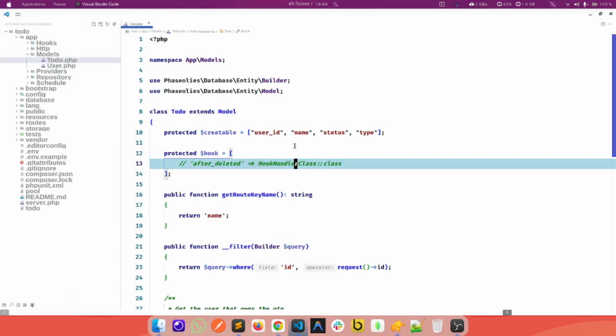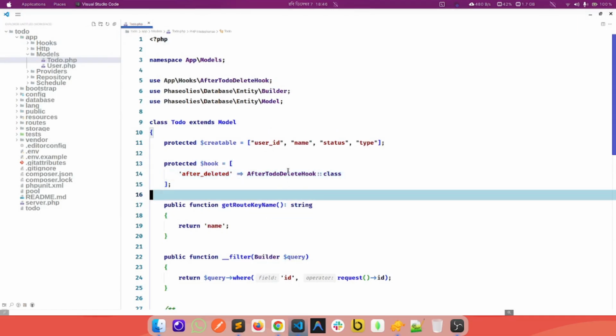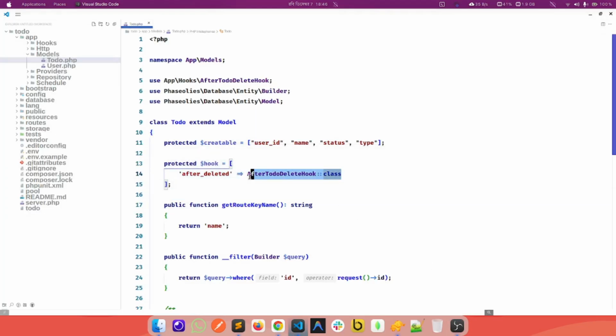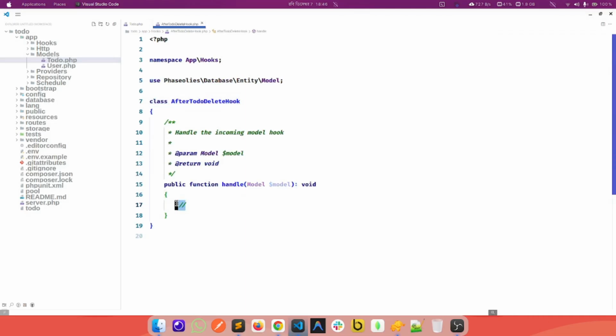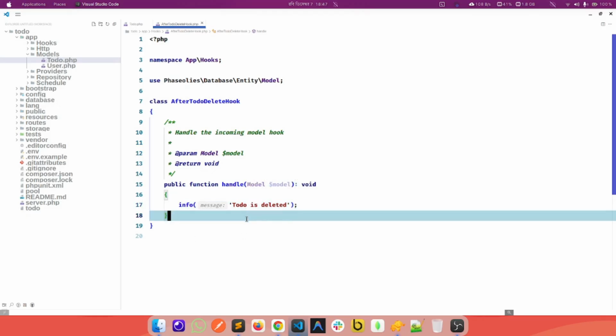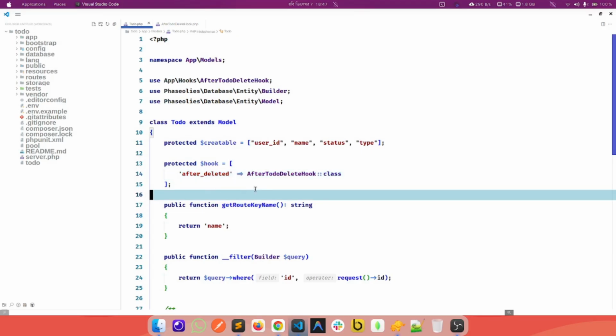So now our hook is created. Now just register it here, after to do delete hook, and yes, after to do is registered with that. So now just go to do and just call info, to do is deleted. Just call like this to test that our to do is deleted. So now our to do is registered. Now go to delete and just